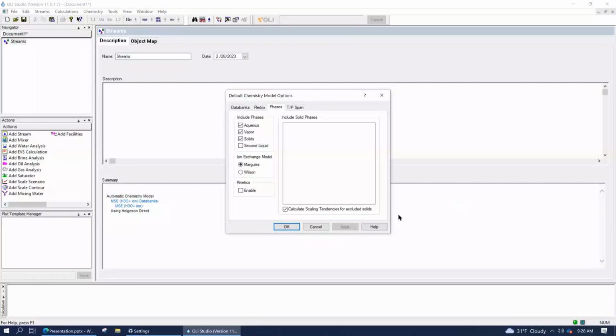And that most stable state may in fact not be the state that you actually see in nature or you see in your process. So sometimes we have to thwart nature and say, sorry, what we're predicting is not in fact what I'm seeing, so I've got to make the change. And rather than add kinetics to it, you just turn off solids.